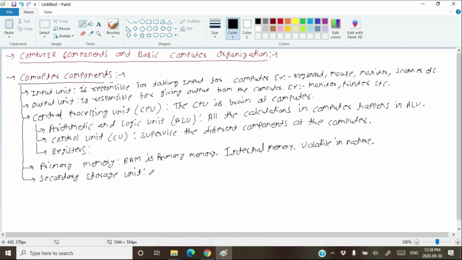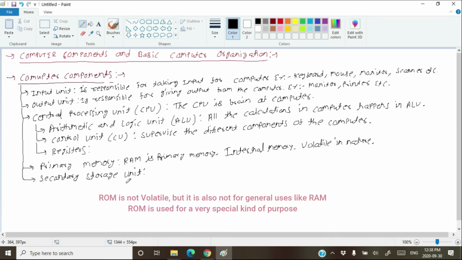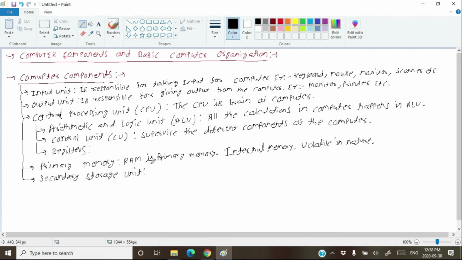You cannot save something permanently in the primary memory. For permanent storage, that file or that program needs to be present on the secondary storage unit. But the CPU cannot access the secondary storage unit directly. That's why you have to temporarily load that program and that file to the primary memory so that the CPU can access them. Hopefully you are getting my points. But the primary memory is volatile in nature. That's why whenever you switch off your computer, all the content of the primary memory gets erased.